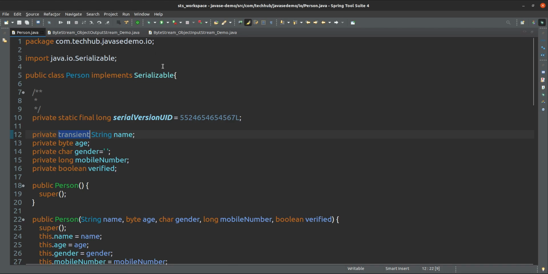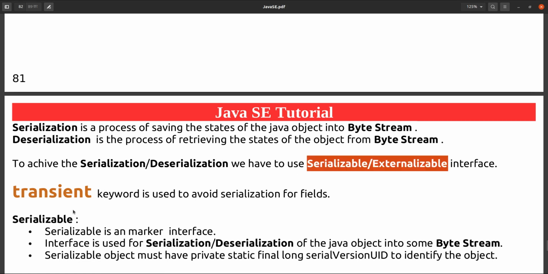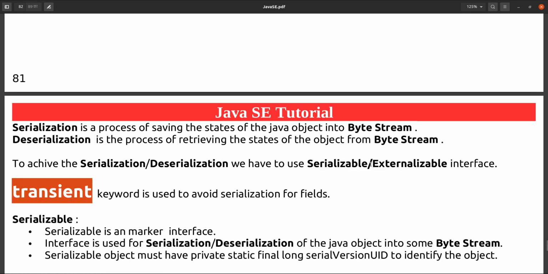Simple. Serialization we have seen, transient we have seen. What is the use of externalization?